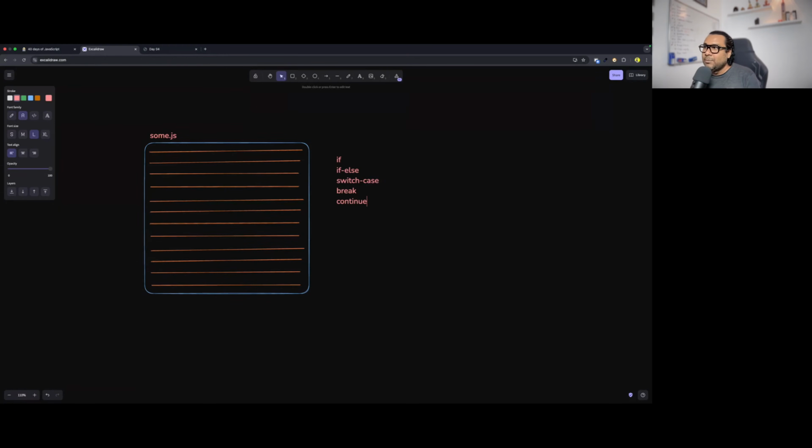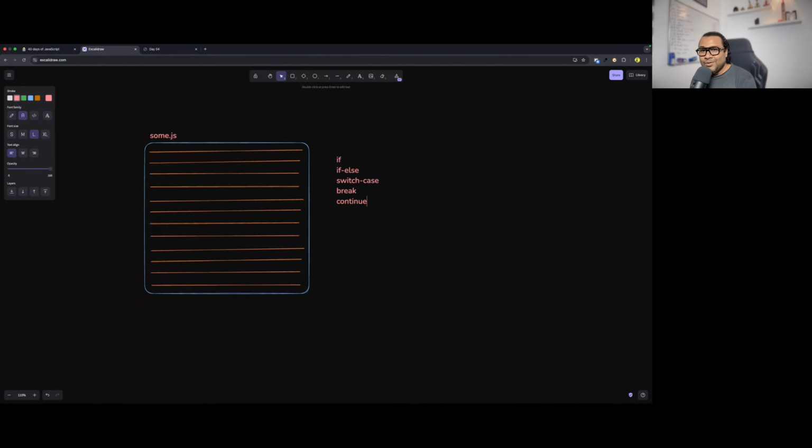Today's focus is on branching out in control flow using if else, switch case, and break. What to use when, when to go for if else, when to go for switch case, which one is better, why they are better. We are going to get answers to all these questions, but the best part is with a lot of code. And again, at the end of the session, there will be a task.